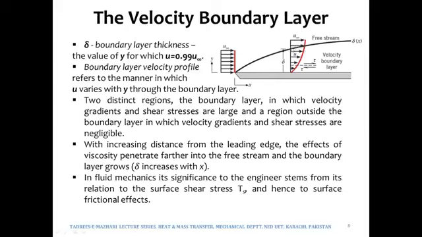and then there would come a time where the velocity would be the same as the free stream velocity u infinity. So the boundary of the velocity boundary layer would be the point where the velocity is approximately 99% of u infinity, because after 99% it would be 100% of u infinity. So this region within which the velocity would vary from 0 to 99% of u infinity is termed as the velocity boundary layer. And similarly